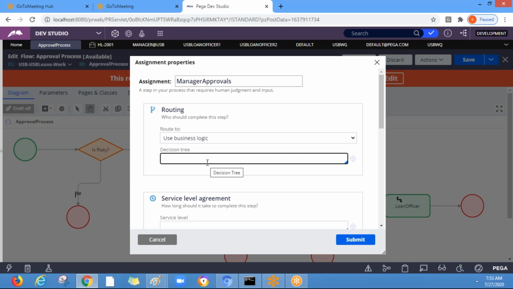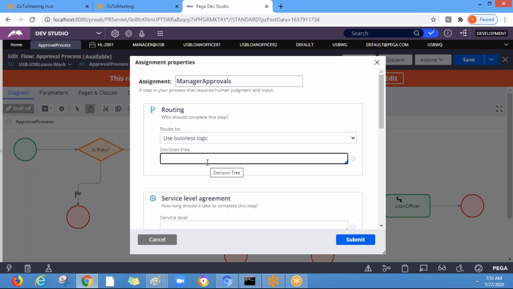So let's say based on the loan amount, we have to route it to the different users. So let's say there are 3 different users. If the loan amount is less than 40 lakhs, it has to be routed to user 1. If the loan amount is greater than 40 but less than 60, let's say user 2.